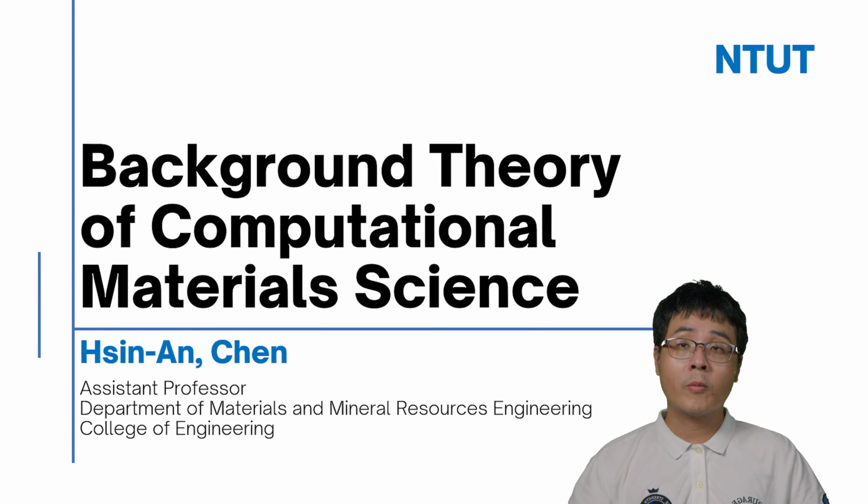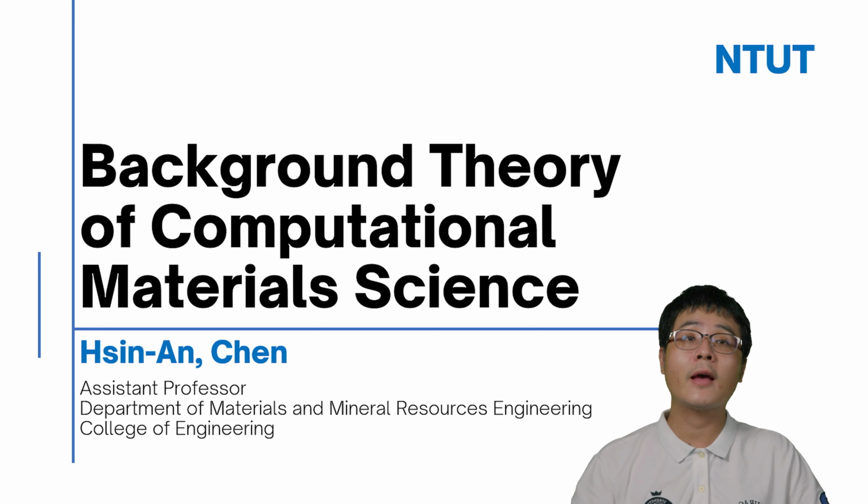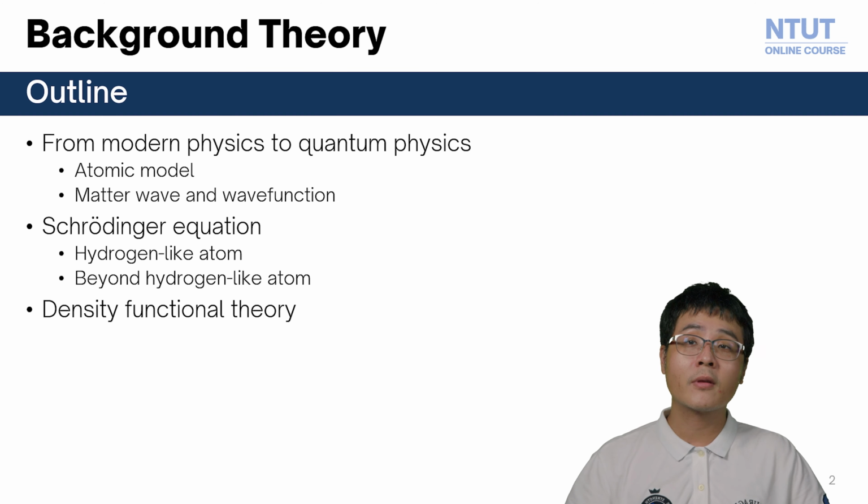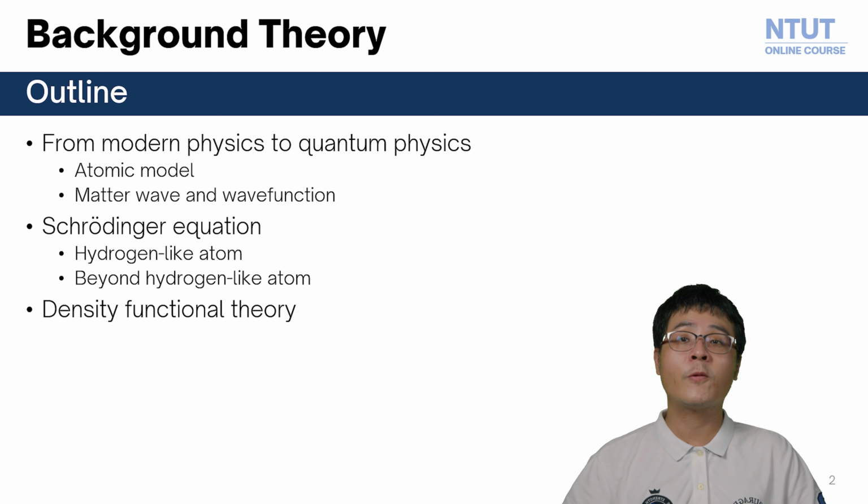Next, we will make a brief introduction about the background theory of computational material science. So here is the outline. We will firstly introduce the concept from modern physics to quantum physics related to atom model and matter wave and wave function. And then we will introduce Schrödinger equation, which is used in solving the wave function of electron